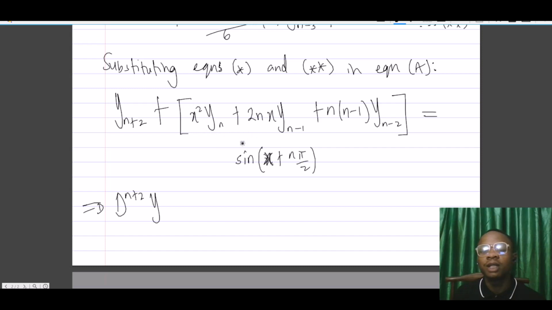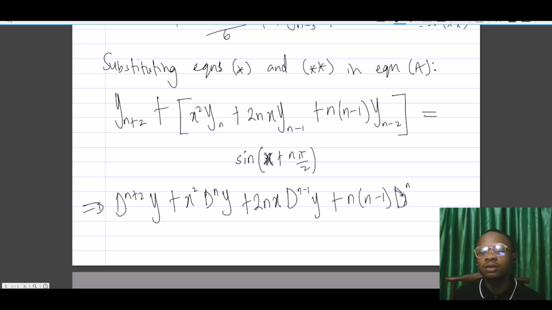So this is y sub n, plus x squared the n y, plus 2nx, the n minus 1 y, then plus n into n minus 1, the n minus 2 y is equal to what we have up here, which is sine of x plus n pi over 2. So we are good to go,